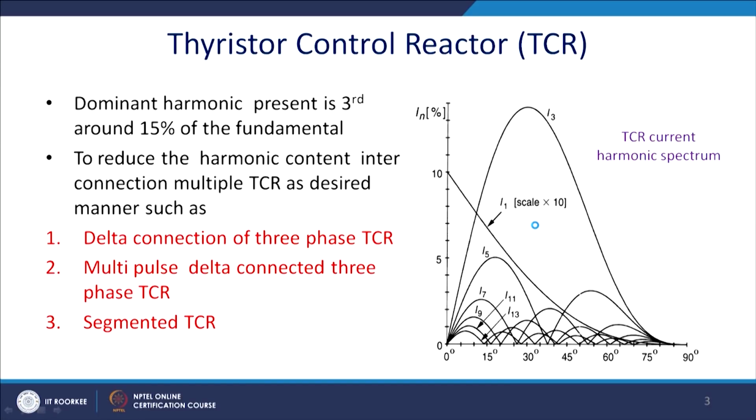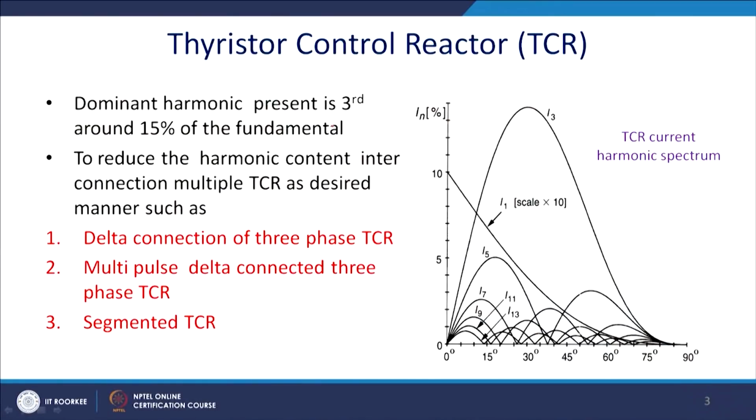So, let us see what happened. We shall see the demerits of using this TCR and how it will increase the contamination due to the harmonics. The dominant harmonic is definitely k equal to 1, thus it will be the third harmonic, and that strength will be around 15% of the fundamental. And thereafter, to reduce this harmonic content, the connection of multiple TCRs is used, that we will see in the next